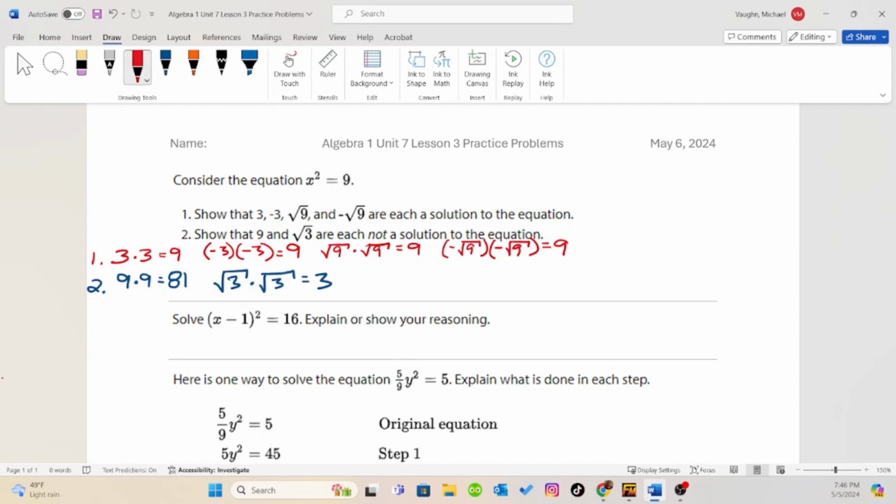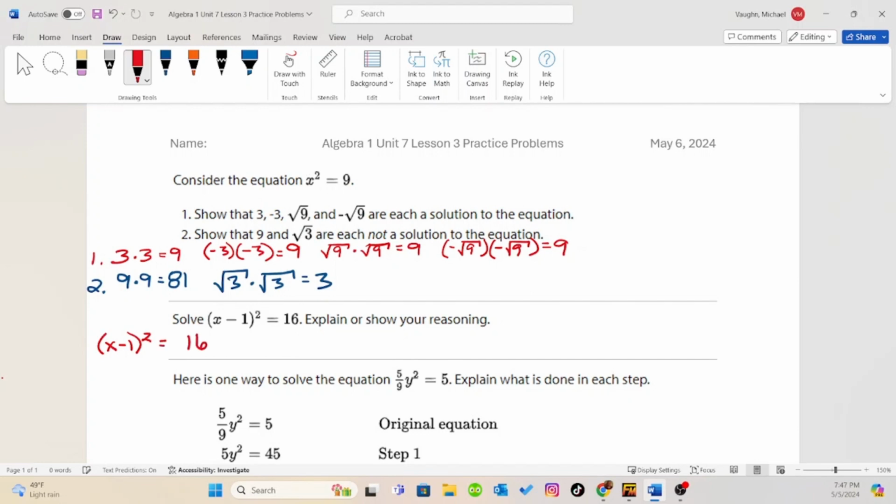Next question. Solve the quantity of x minus 1 squared equals 16. Explain or show your reasoning. So if we have x minus 1 squared